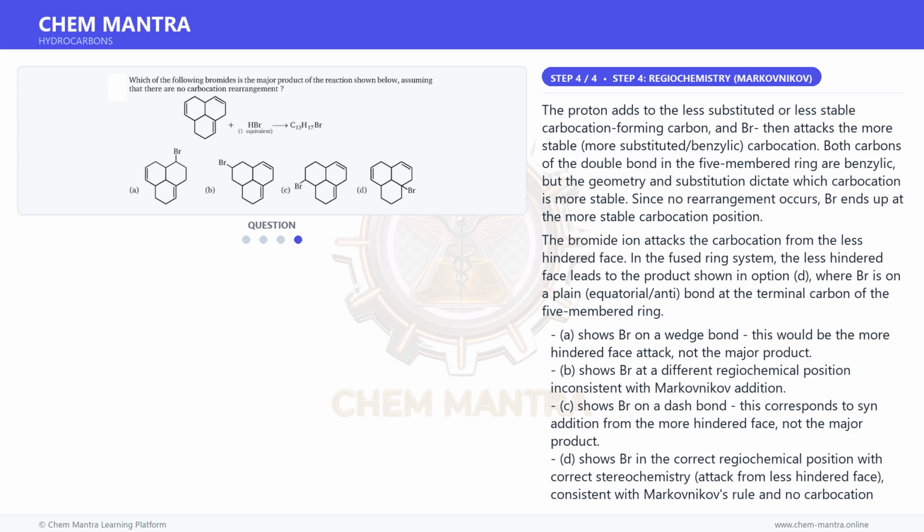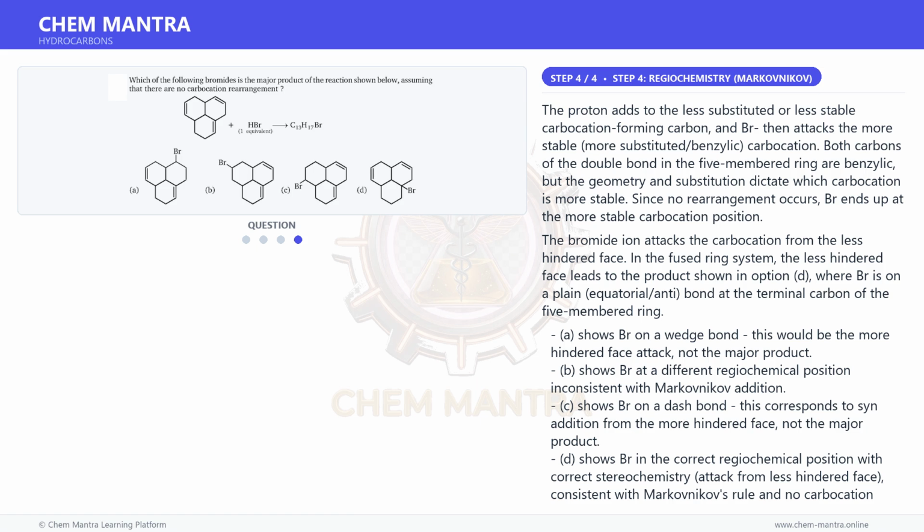And for the final step, the proton adds to the less substituted, less stable carbocation-forming carbon, and Br then attacks the more stable, more substituted benzylic carbocation. Both carbons of the double bond in the 5-membered ring are benzylic, but the geometry and substitution dictate which carbocation is more stable. Since no rearrangement occurs, Br ends up at the more stable carbocation position. The bromide ion attacks the carbocation from the less hindered face. In the fused ring system, the less hindered face leads to the product shown in option D, where Br is